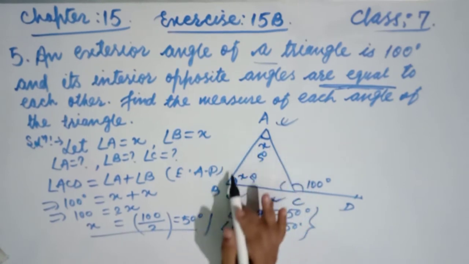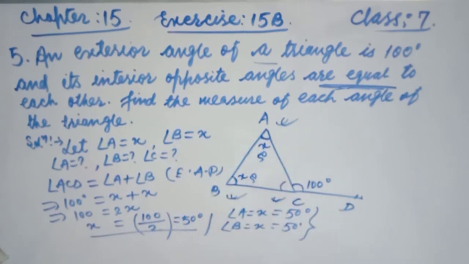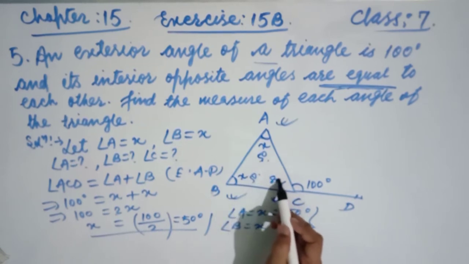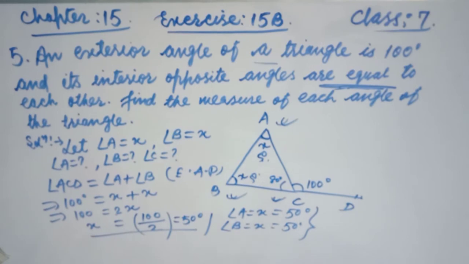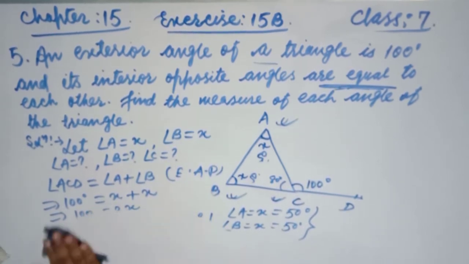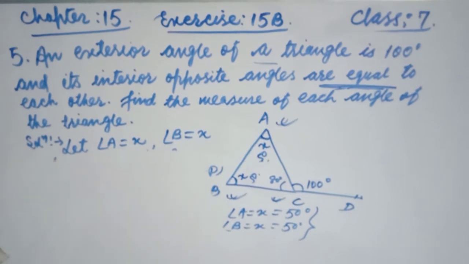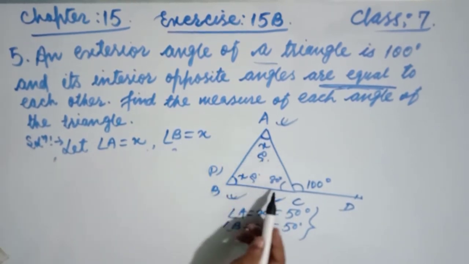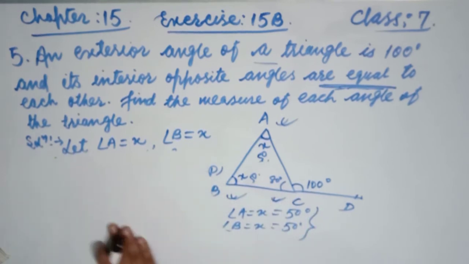You know, friends, the sum of all three angles becomes 180 degree. So this is 50 plus 50, this is 100. So this becomes 80 degree. So this is your answer. But how to find, friends, angle 80? Okay, now see, have a look. Now friends, we can find it in two ways. Either A plus B plus C is equal to what? Okay, or the other way that we have to find.